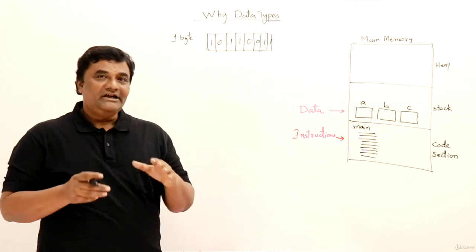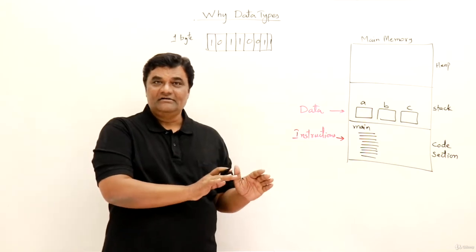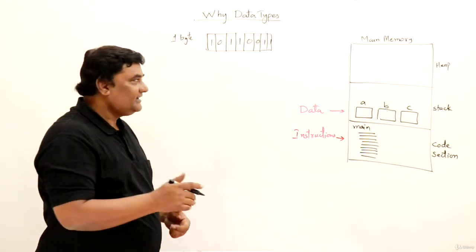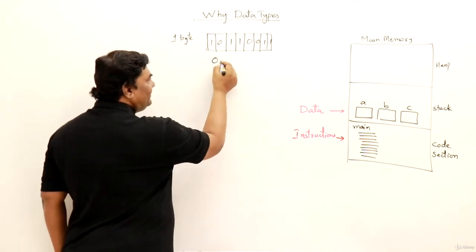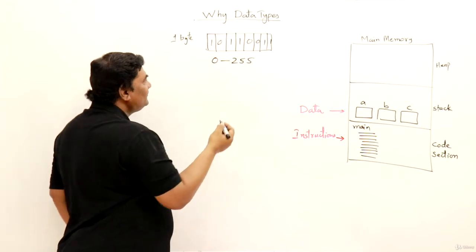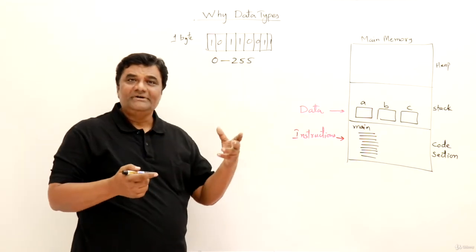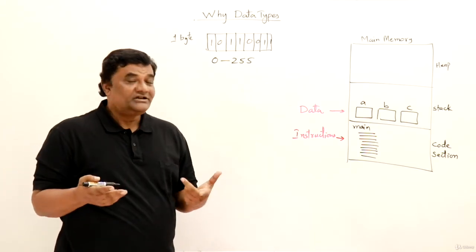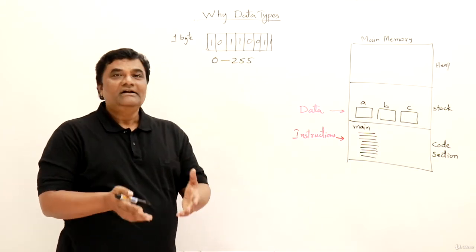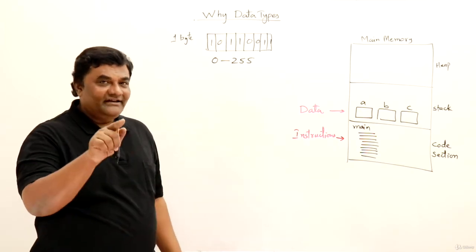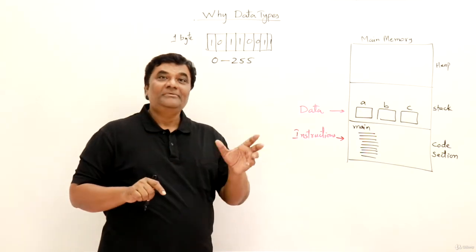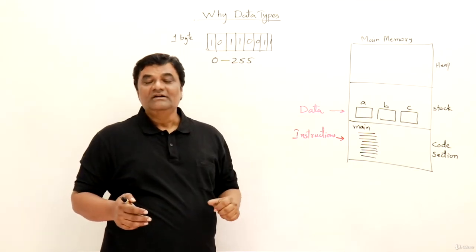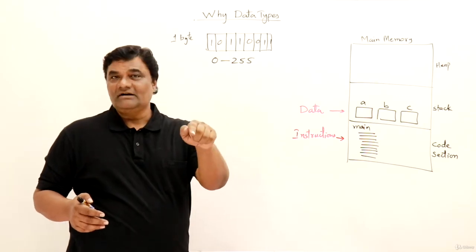Now the question is, if you want to store integer type data, shall we take just 1 byte? In 1 byte, what is the maximum number that we can store? The minimum is 0 and the maximum is 255. So the largest number is 255. I cannot have bigger figures. Then shall we take more than 1 byte? Yes. Shall we take 2 bytes or 4 bytes? This we will learn in the next video, that is, for integer, how many bytes it will take and what is the minimum value and the maximum value it will store. These are the things that you will learn in the coming video.